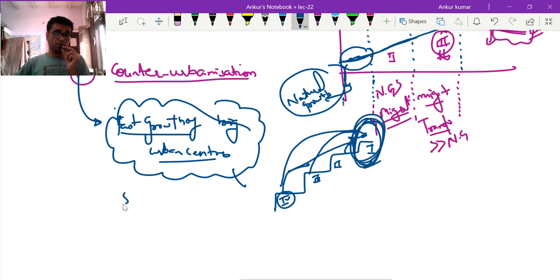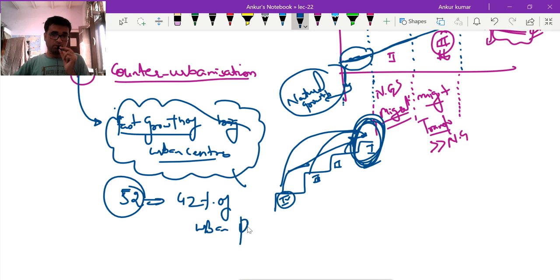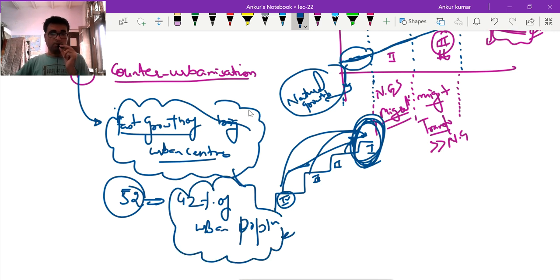For example, 52 large cities of India contain 42% of the urban population. So this is the kind of heavy metropolization which is happening in India. And this is definitely not a favorable feature, because it adds a number of vulnerabilities and burdens on these class 1 cities, whether it is infrastructure burden, service burden, crimes, unemployment, and many other vices which get added to these class 1 cities. So this is the second process, the geographical process, that is the metropolization.